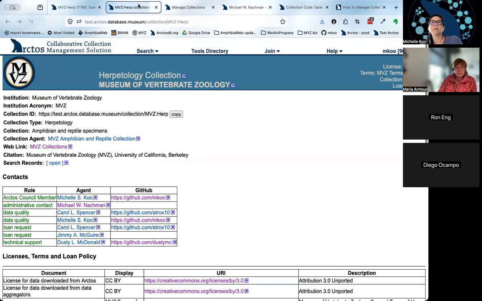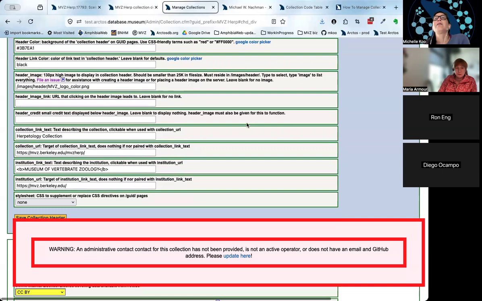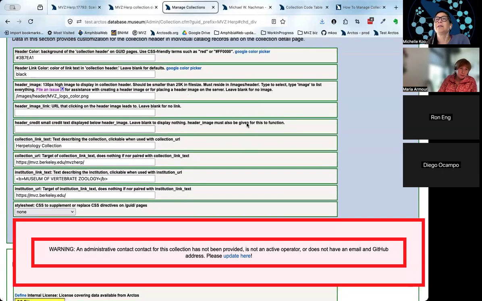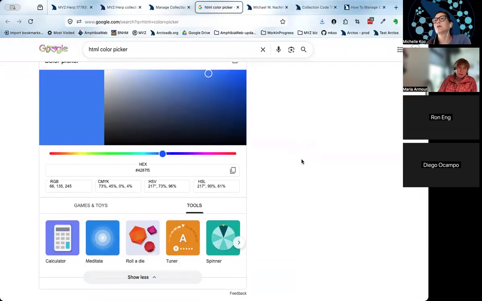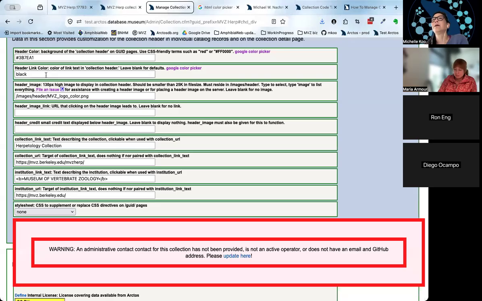So I think this will change to black, for instance, or white. So that's my recommendation. And if you can't decide, you can also use this to help find your color. You don't need to know the actual hex code, but this is how you would generate one if you want to dynamically. And that's what this normally takes,